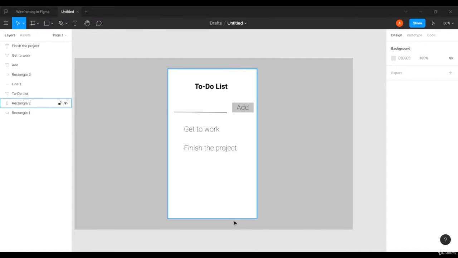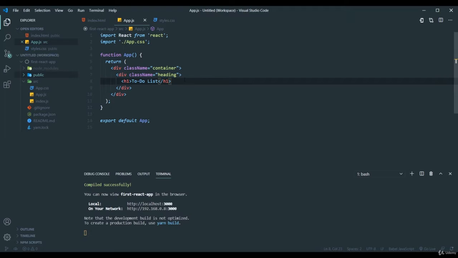For that, we need to go back to VS Code. Here we need to add it. But what I'm going to do is maintain that input field in a separate component. That is where React plays a major role, right? Because here we can use components in a reusable way. That is making a single component and using it again and again, because we should not repeat ourselves. That is the motive of React, and I'm going to create a new component here. We will see how to create a new component in the next lesson.